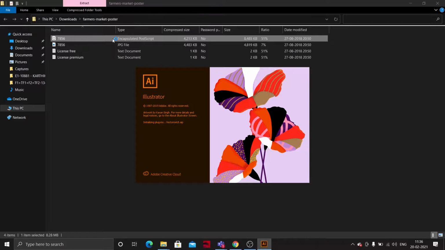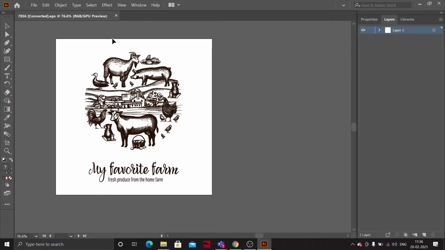Illustrator is also okay, but it is a complex thing. If you don't have a laptop, you can do it on a phone also. The phone procedure I'll explain at the end. First of all, I'll say how to do it in Photoshop.